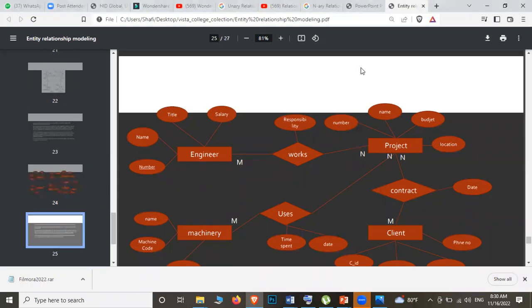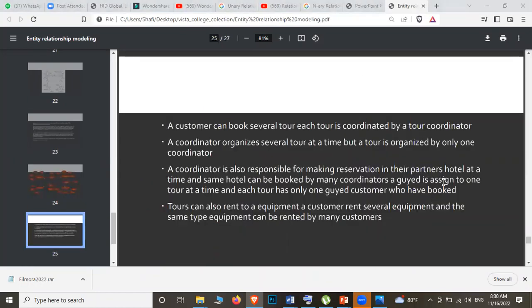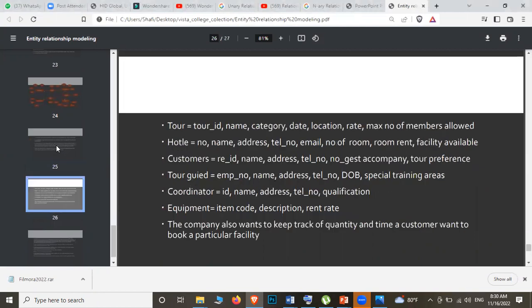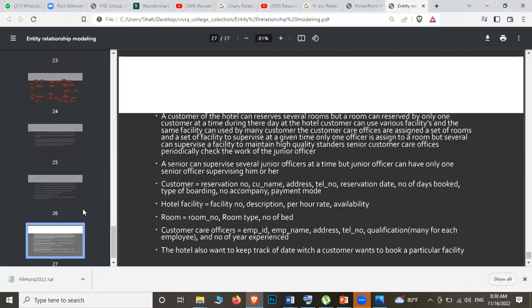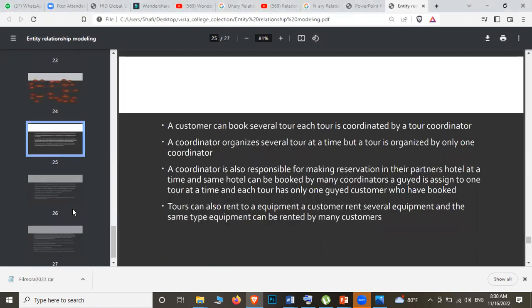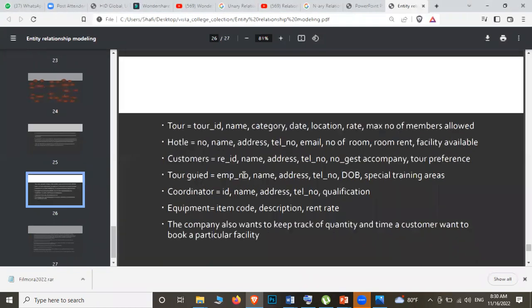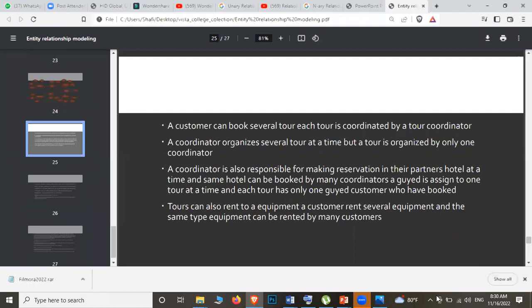Okay, so here I have a few more scenarios with me. I think you better take down all these scenarios. So this is one scenario altogether. Attributes have been separately given and entities have also been separately mentioned, so it would be really easy for you. I'll read it for you. You also please take it down.